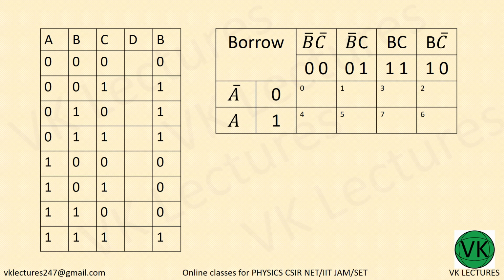Coming to the K-map for the borrow, this is the borrow truth table. So this is 0 1 2 3 4 5 6 7, so corresponding to 1, 2, 3 and 7, you have the higher input. And now let us try